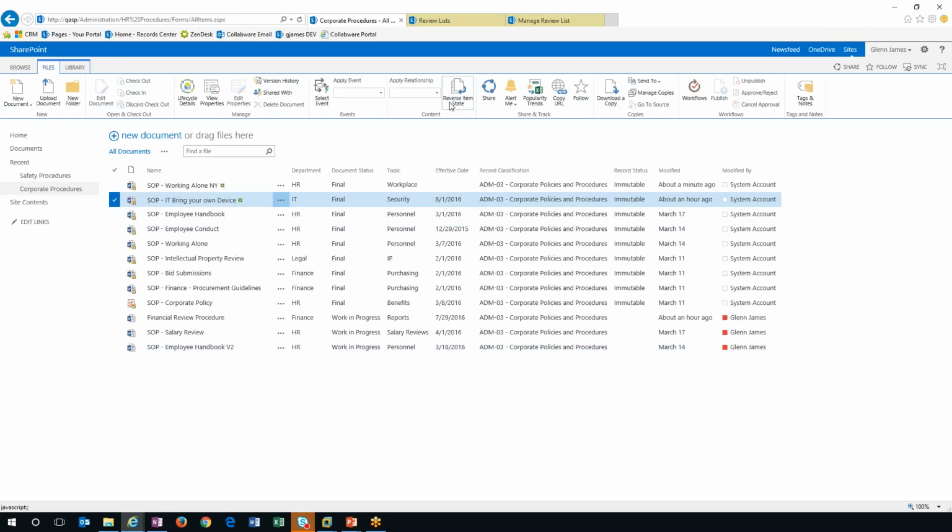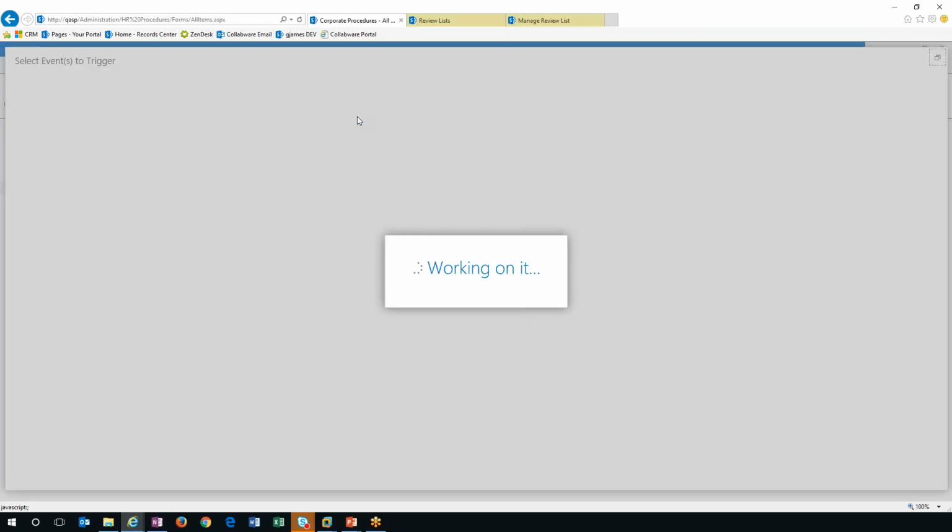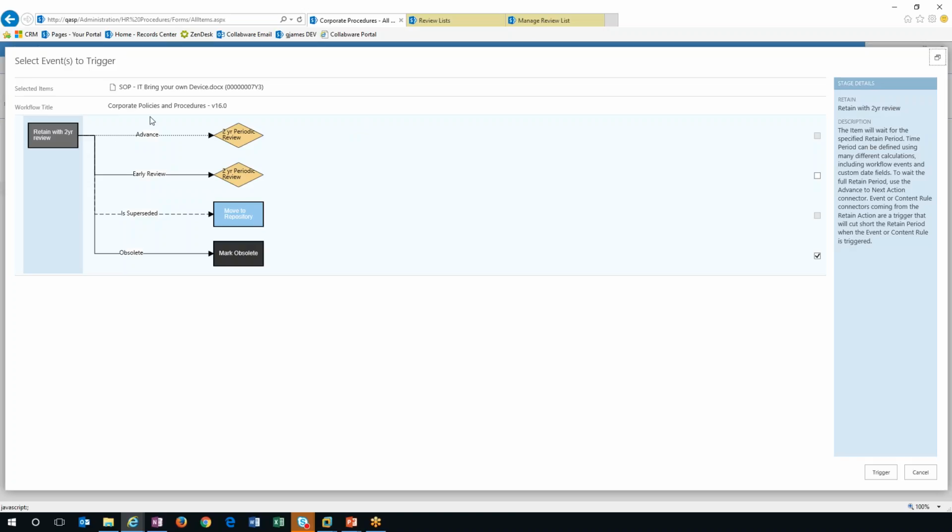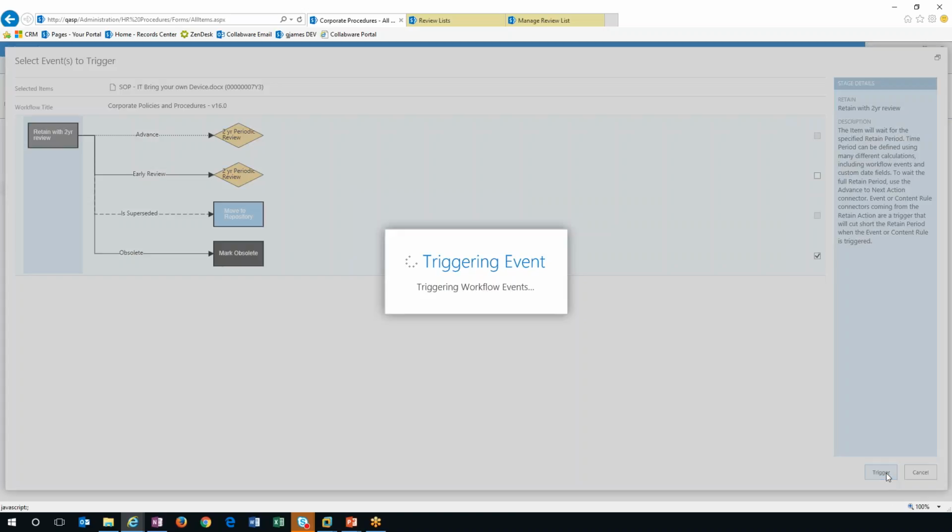Let's do that with an obsolete, because they kind of work in the same way. Let's do it with an obsolete here. To bring your own device. So what we do is we're going to mark it obsolete. Right? So we're going to trigger that. It's going to authorize user can manage that. It can be done with an event like we just did right here. And when that completes processing,